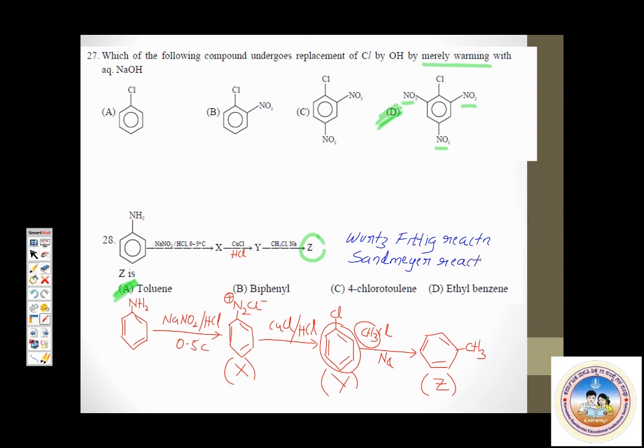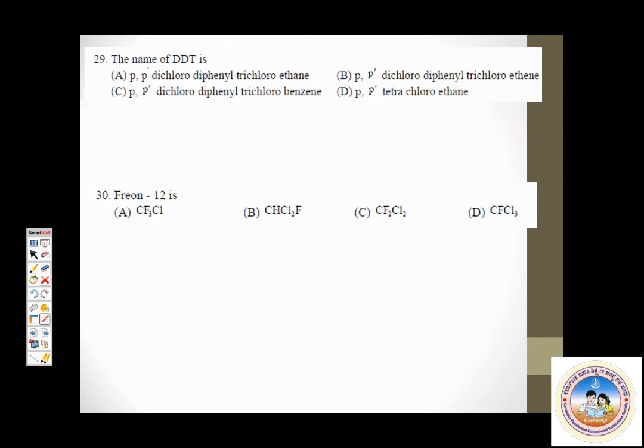Okay, question number 28 is done. Now we'll move on further. I think these are all questions based on chemical properties of haloarenes. Now, in this chapter, haloalkanes and haloarenes, at the end of the chapter, you have a small section on what is called polyhalogen compounds. Polyhalogen compounds are those compounds which have multiple halogen atoms present in the given compound.